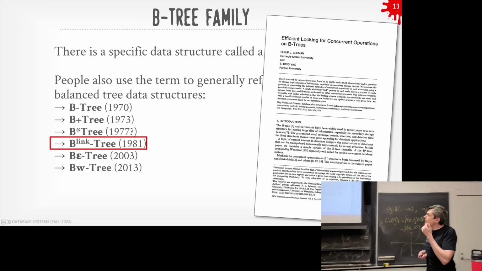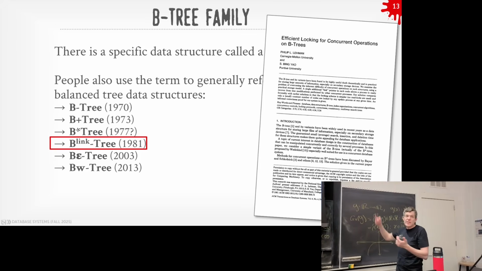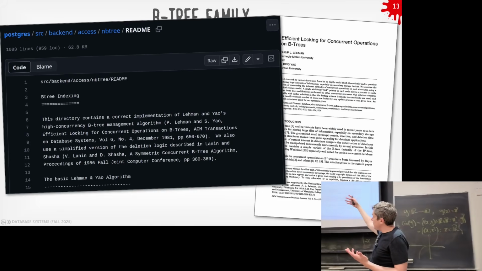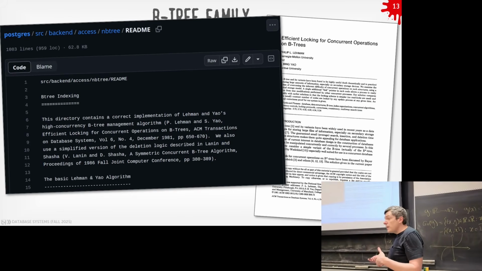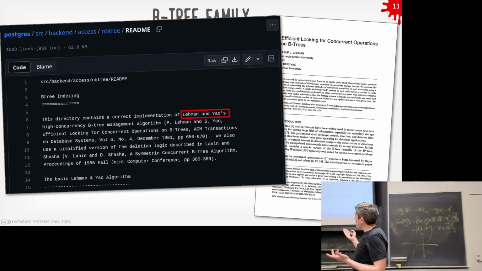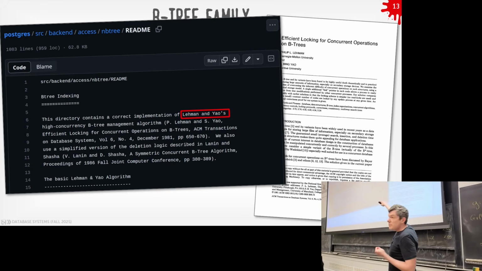When you look at the Postgres code, they're basically implementing this data structure as well. If you look in the source code, it refers to their B+Tree data structure as a B-tree. They call it a B-tree, but in actuality, is it just a B+Tree? Again, people get fuzzy with the names. But lo and behold, it says right there, this directory contains a correct implementation of Lehman and Yao's high-concurrency B-tree management algorithm, which comes from the paper written by the dude over there in Gates. So Postgres calls it a B-tree, but it's really a B+Tree. And they're going to call this an NB tree, which is non-balanced, so they're going to relax some of the things we talked about before.